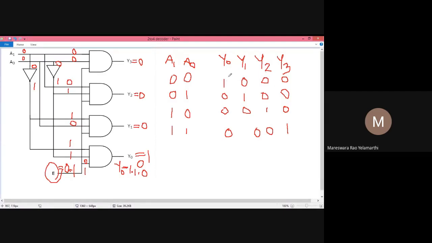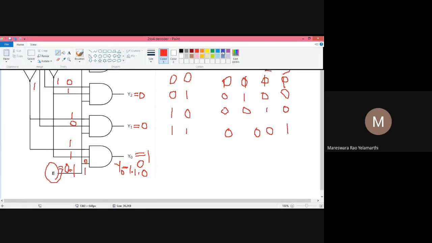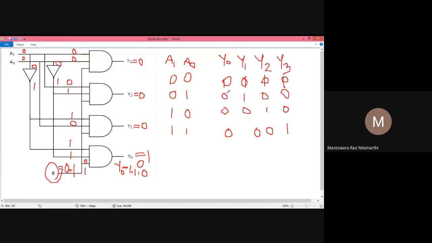So see here, suppose for this particular combination 0 0, this output will become 0, and the remaining all are ones. For this particular combination, I will take you to the reverse logic case.